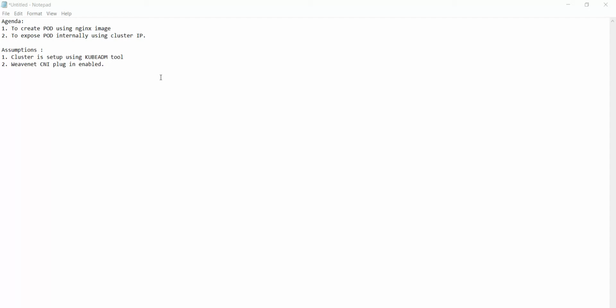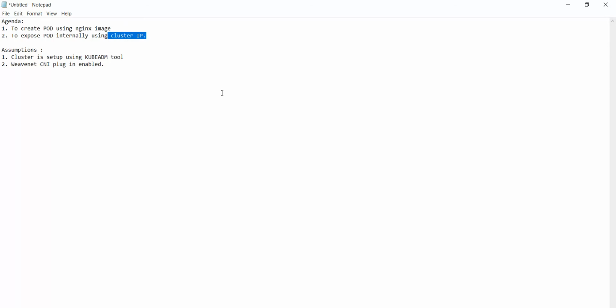When I say expose, basically we need to access the pod. Whatever application we created using the pod, we need to access that pod. And how do we access that pod? We access that pod using an object called service. Service is an object, pod is also an object in Kubernetes. So basically the service object is used to access the pod, and in that service we are going to discuss the type cluster IP.